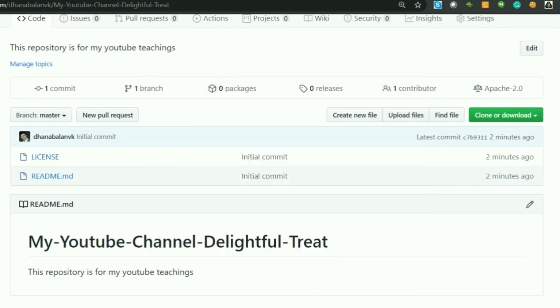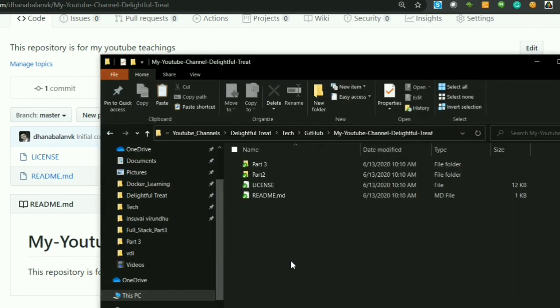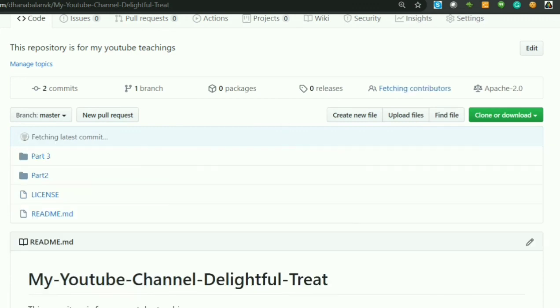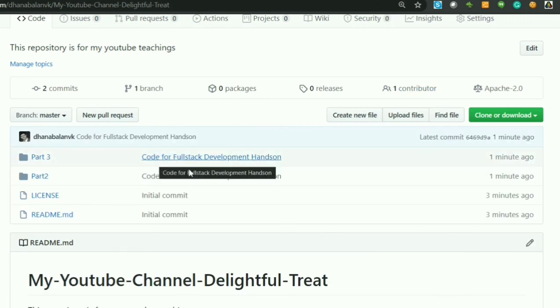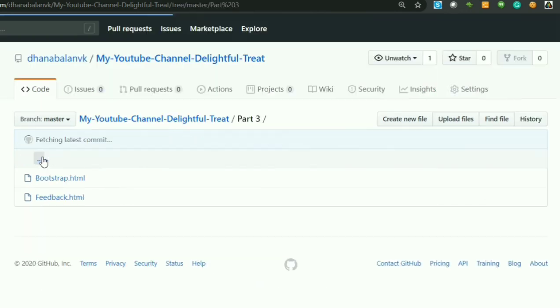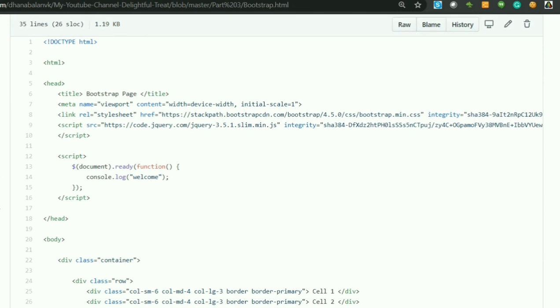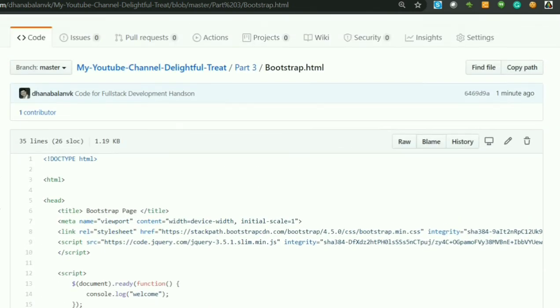Once you see this, you can see that the folder also has a green tick, which means it is committed to the repository successfully. If I refresh this page, you can see that the part 2 and part 3 folders are created here. Once I go to the folder, we can see whatever files we have created so far are available for you to see.